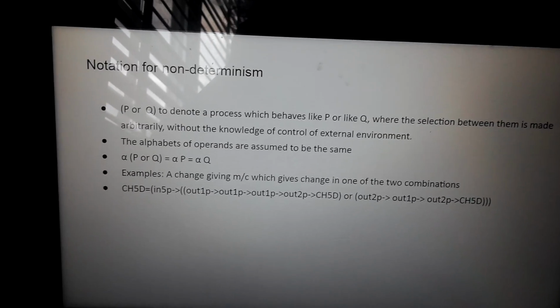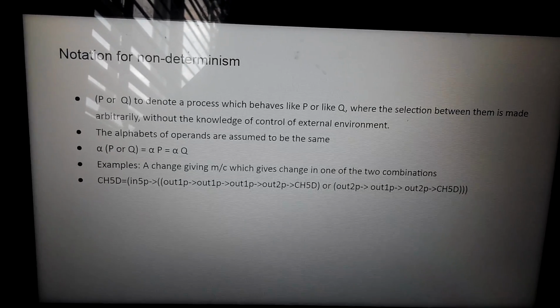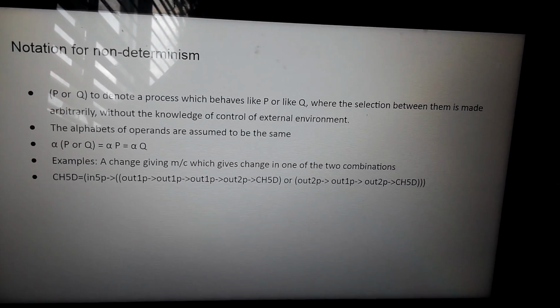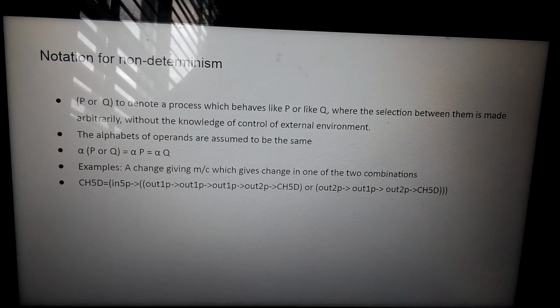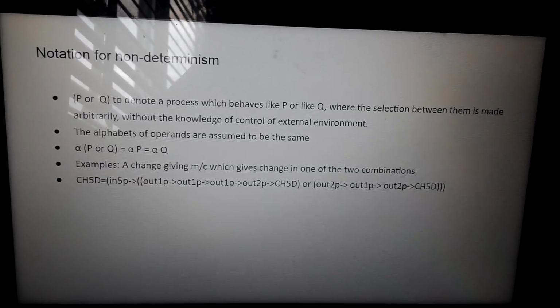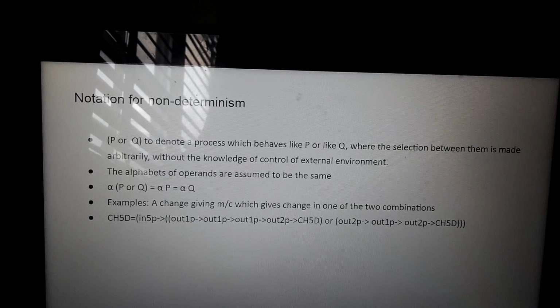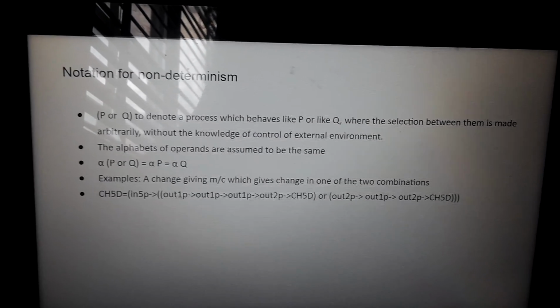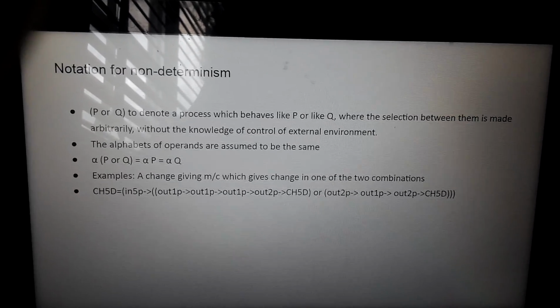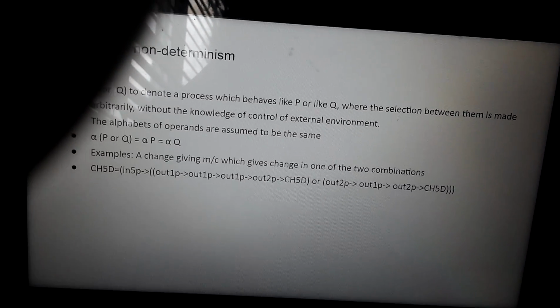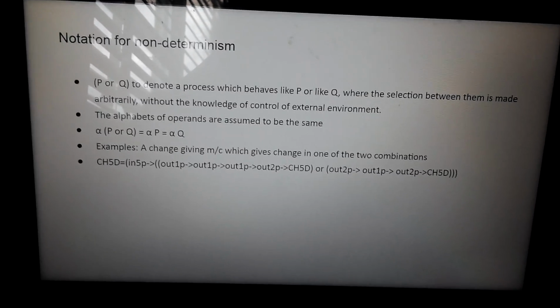Notation for non-determinism: P or Q to denote a process which behaves like P or like Q, where the selection between them is made arbitrarily without the knowledge or control of the external environment. The alphabets of the operands are assumed to be the same. Example: a change-giving machine which gives change in one of the two combinations